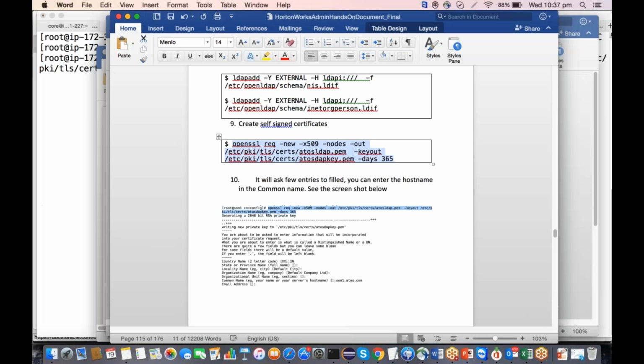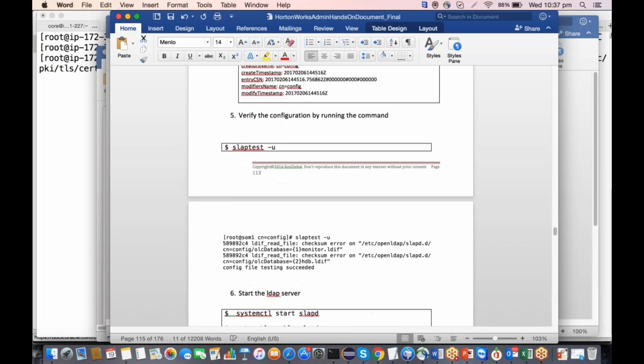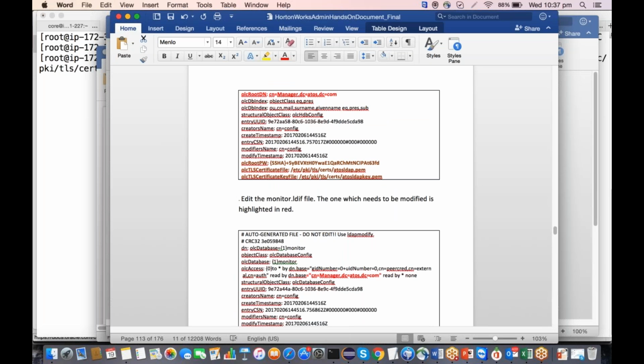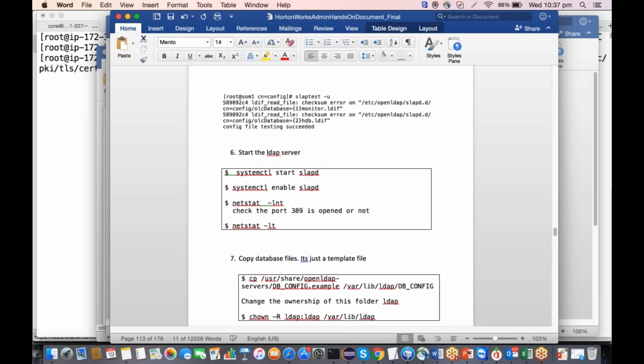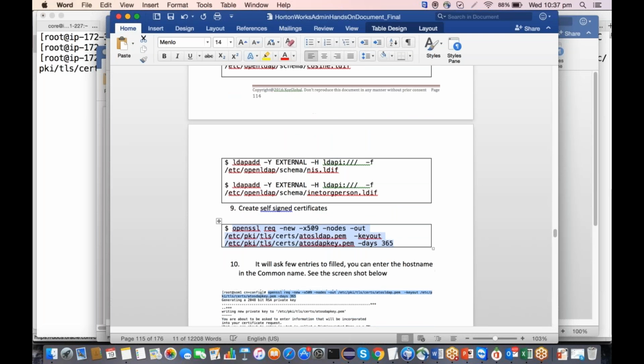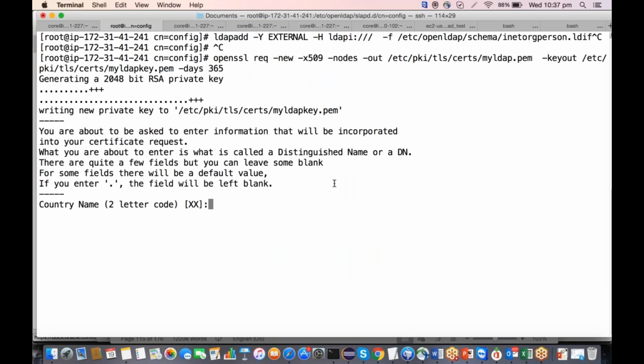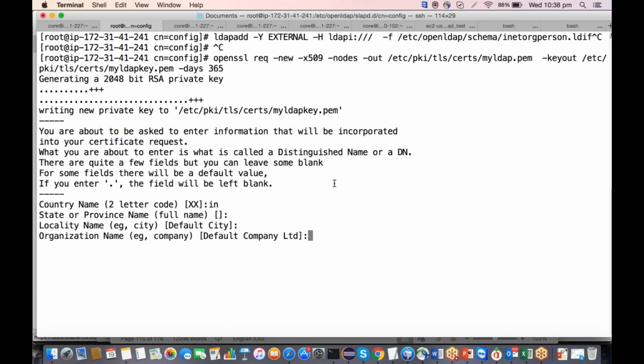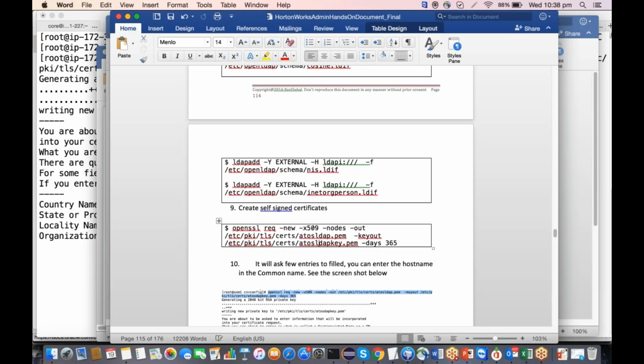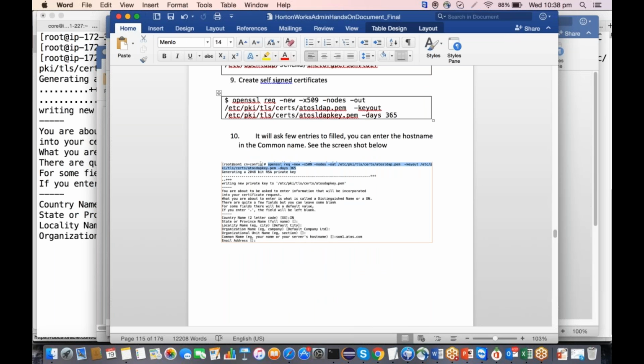My LDAP.pem. Okay. Country two-letter code, IN. State and province. I can go to locality name. I can remove organization or company name. So here in the organization,